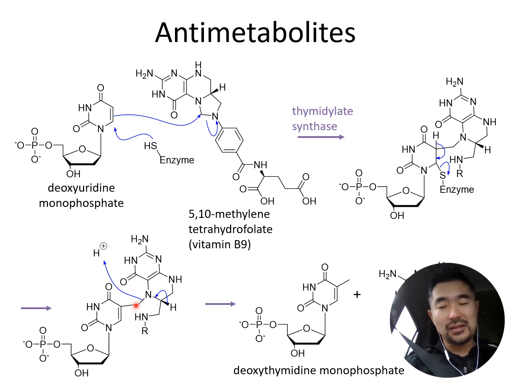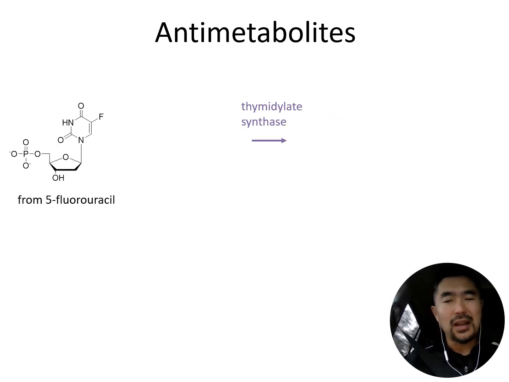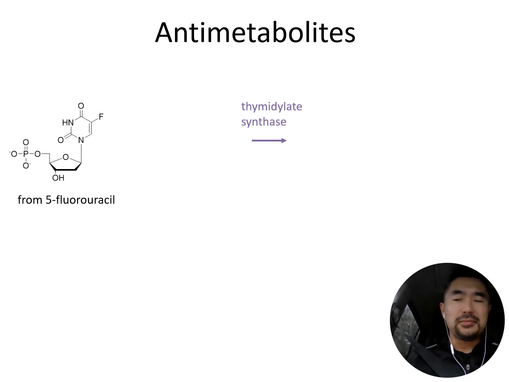Notice at this point it's CH2, and then of course that's a thymidine nucleotide, and then the rest is the spent vitamin B9, which can be methylated again for reuse. And so that's how we make the thymine or thymidine nucleotide. And of course, that is very much needed in DNA synthesis. Now,